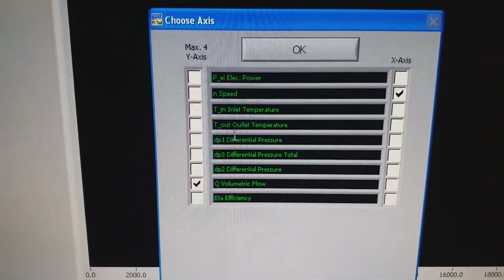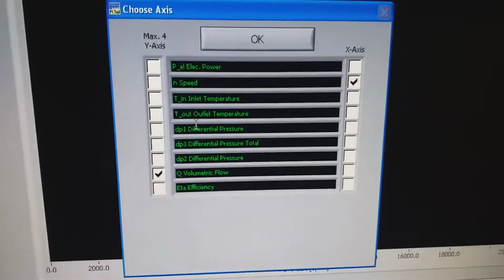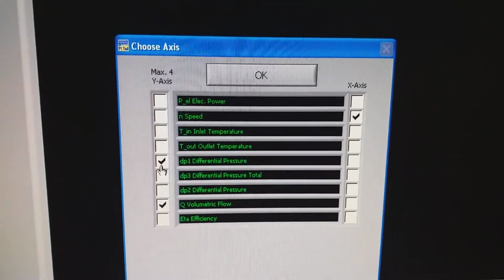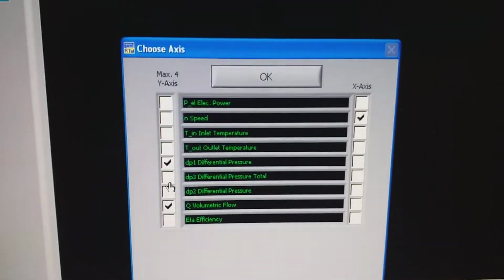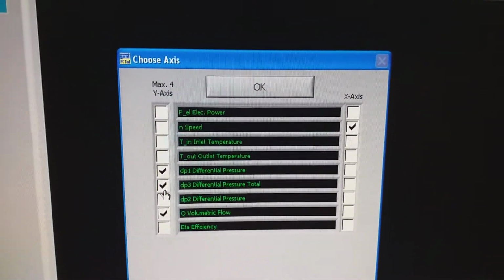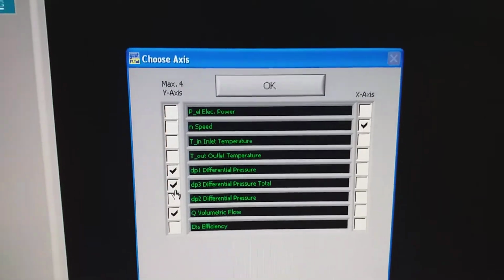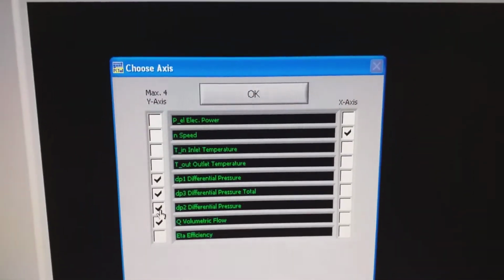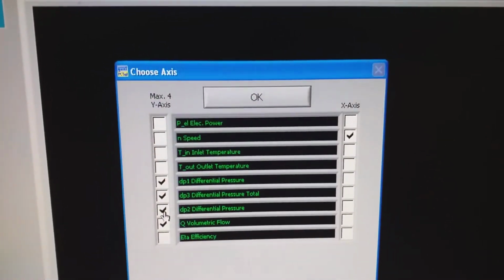Now I want to determine the effect of dp1 differential pressure, which is basically the inlet pressure, dp3 differential pressure, which is basically the outlet pressure of air, and dp2 differential pressure, which is basically the difference between the outlet pressure and the inlet pressure of air.